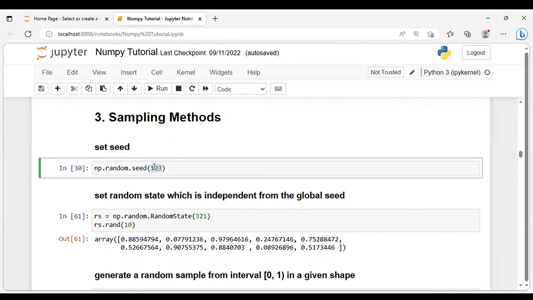So every time when my algorithm sees 123, it will select the same rows for training. N number of times I execute this code, it will select the same rows for training. If you are not setting the seed value and if you are executing your code 100 times, you will get 100 different results. And because of this, we never